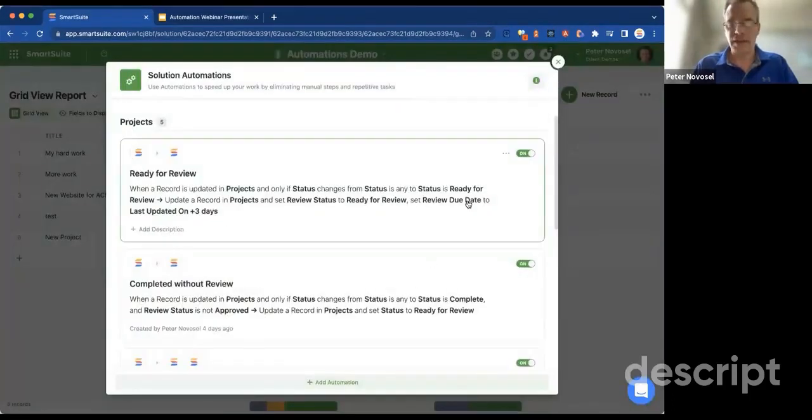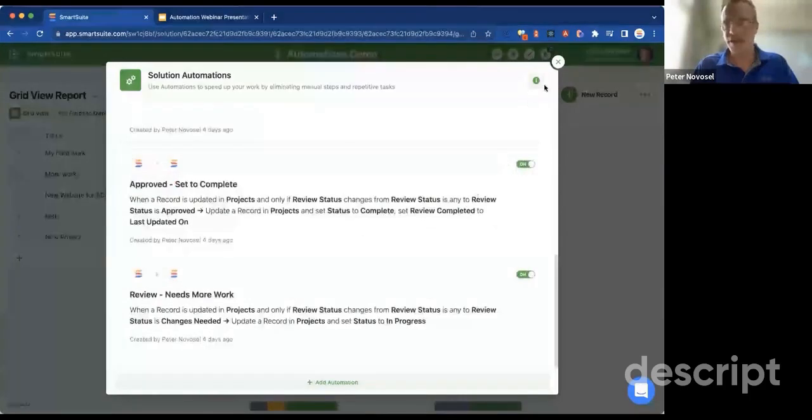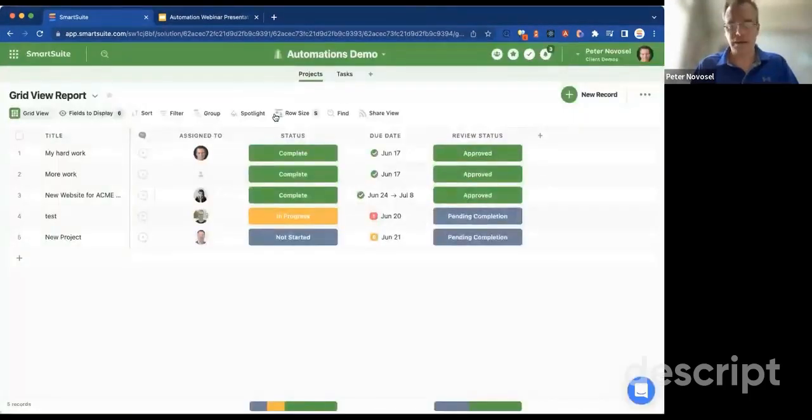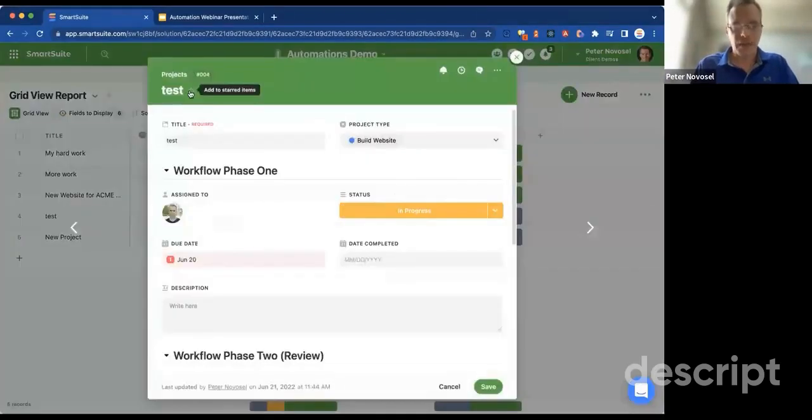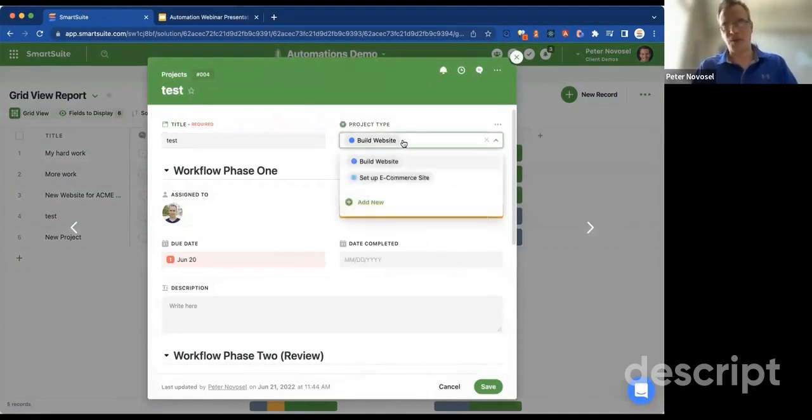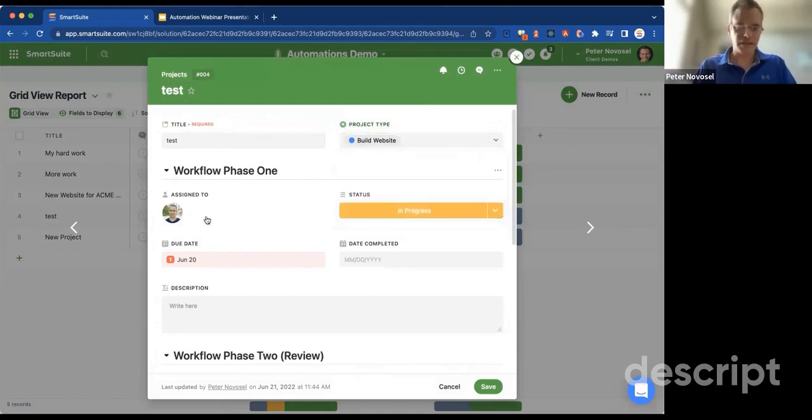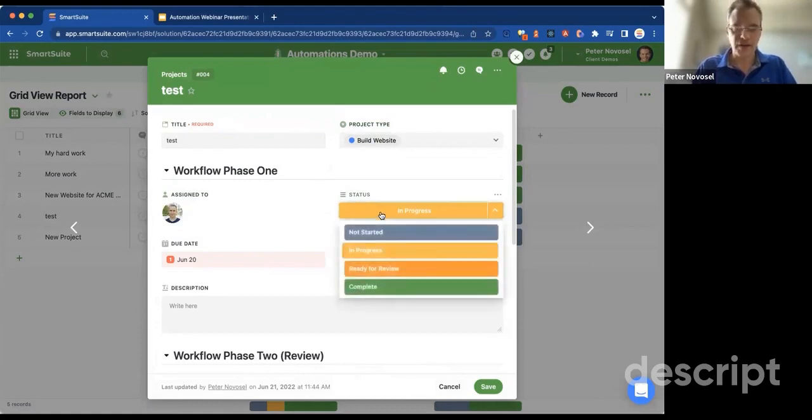So the result of these automations that I have configured already is this, and let me show you how this works. I've got a very basic projects application set up, and this just has a title. It's got a project type. I'm either going to build websites or I'm going to build e-commerce sites. I can assign it to someone who's going to do the work. That work has a status. It's going to start in not started by default. Then they'll work on it for a while and in progress,